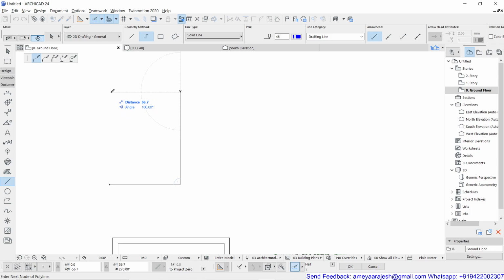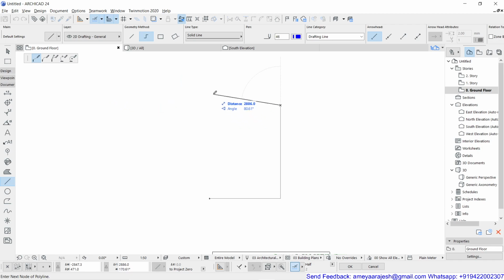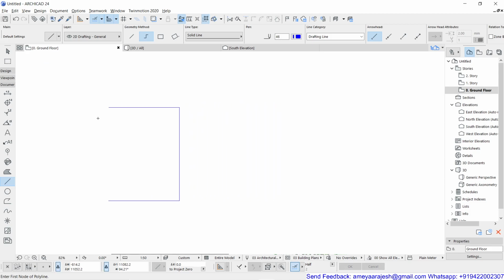So if I just try to add one more segment, we will try to work for another 3 meter itself. Now I'm going to stop my command by picking the same point or hitting the enter from the keyboard. That's it. So even if I use this or if I use a rectangle tool or rotated rectangle, now the constructed object which you can see right now.